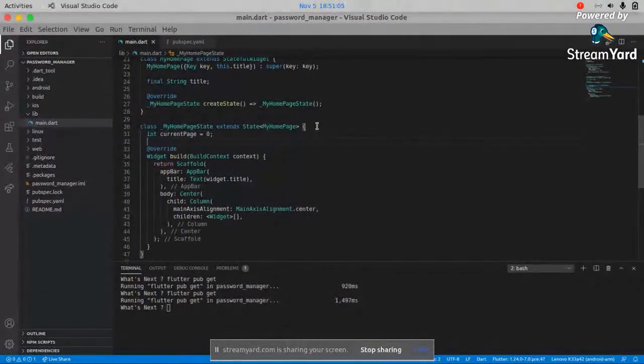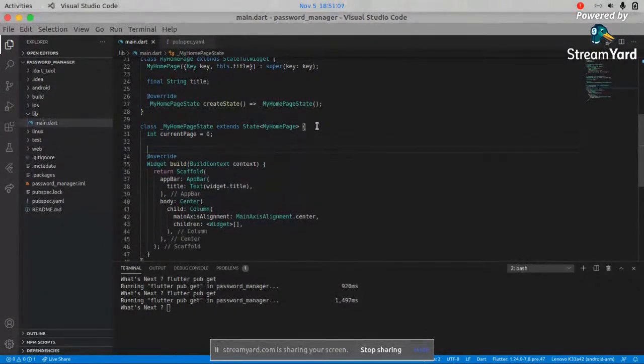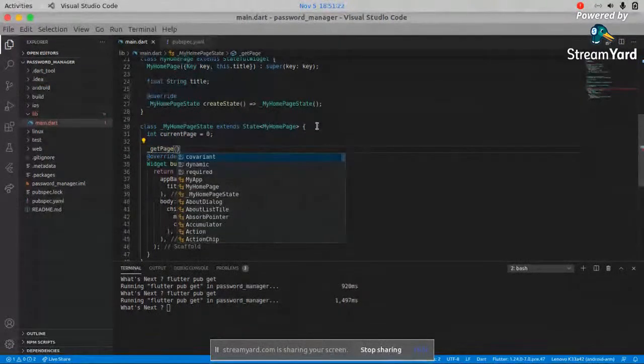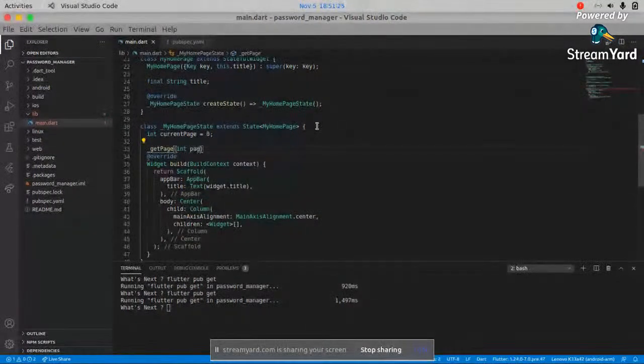And I will be going with two pages, as I have already told you. One page will be where we will be storing our data. Two text fields will be there, and one button will be there. Okay, so in get page I will be passing that current page variable, and